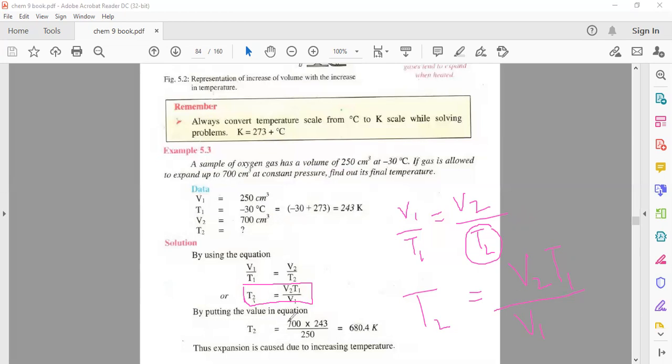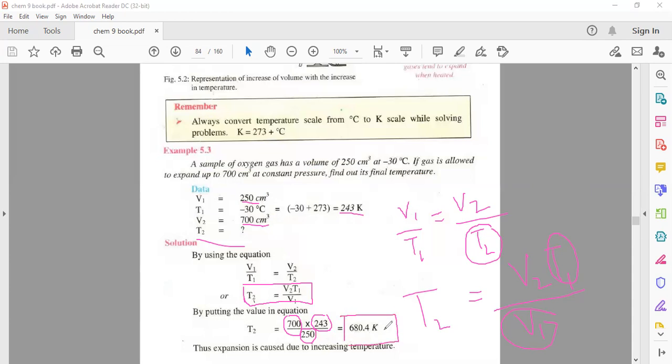V2 is 700 centimeter cube. T1 is 243 Kelvin and V1 is 250 centimeter cube. Here you can see in the data also, all the values are given and we have to calculate the final temperature. Multiply 700 with 243 and divide this with 250. Your temperature will be